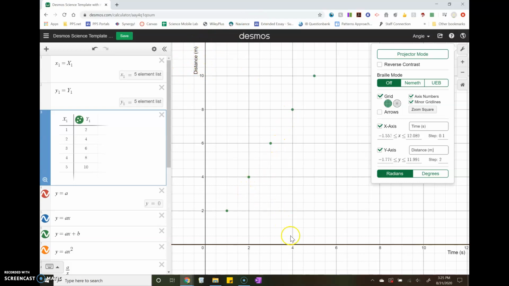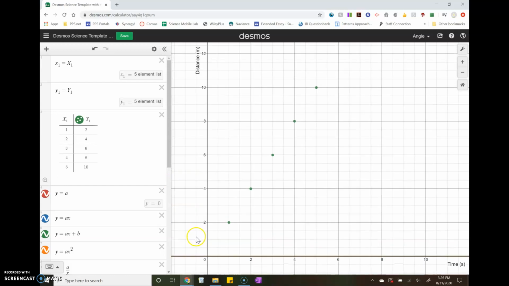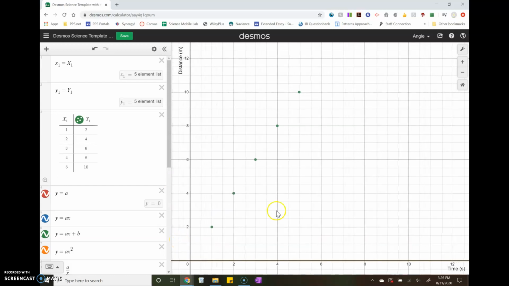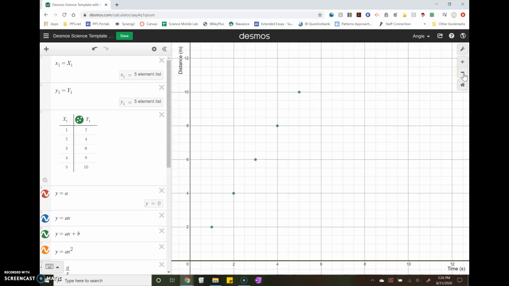Now we want to effectively scale our graph to see all of the data points and the origin and the error bars, but not much more. It looks like we've got quite a bit of unnecessary white space over here. So let's scale our graph. We can just click and drag. That looks good. You can also zoom in and out using the plus and minus buttons. That's not going to be super effective because we essentially need to cut off the right-hand